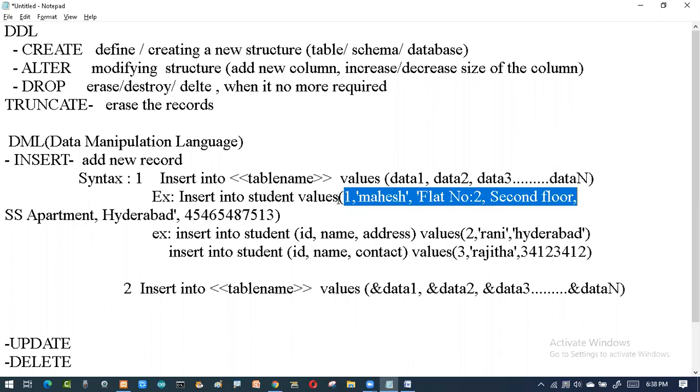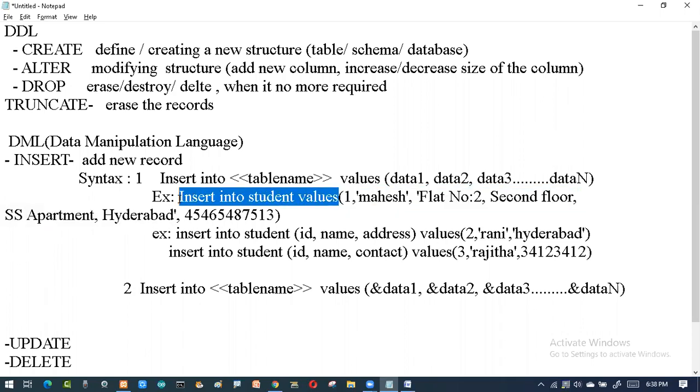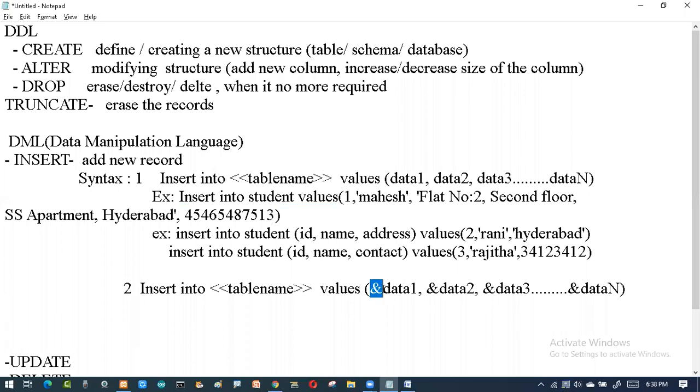I'll not bother about the syntax, because every time I type it, I might forget something or make a mistake while typing. So instead of that, one time I will write it, and many times I'll use it. That is done with the help of the ampersand symbol. This kind of thing will work only in Oracle or similar software; in MySQL the ampersand will not work, because there is a different syntax.